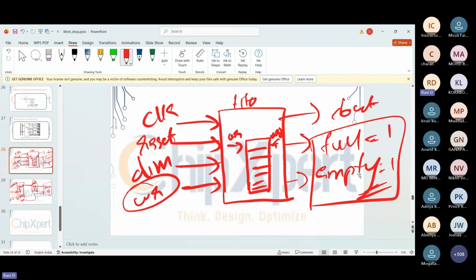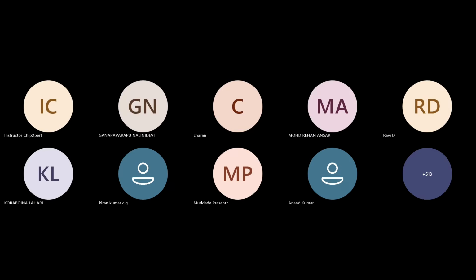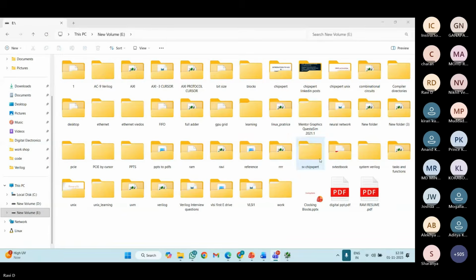Now we'll design the code for this. In the tool we are currently using, we'll write the code for this block and verify whether it is working correctly or not. Here I'm going to create one folder and name it workshop.